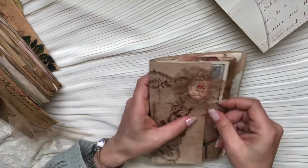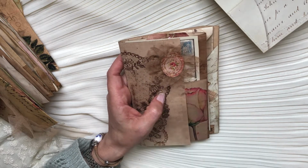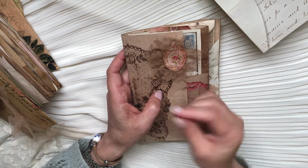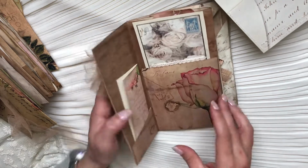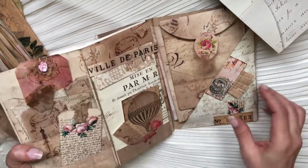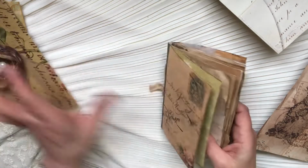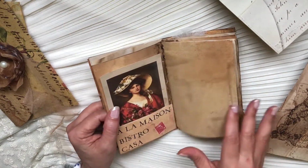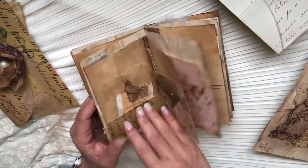Same for that. I'm trimming long pieces of mesh, and then I dipped it in coffee and then put it in the oven again, just because I wanted to get it a bit stiff. And let me think if there's anything else here I can mention. Yes, I think some of the papers here, after printing them, I did, I think, not coffee stain them, but I just put some,